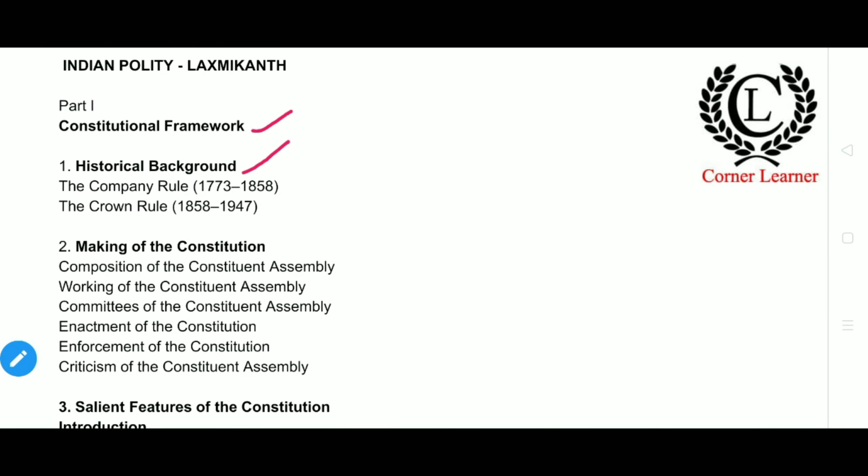Here is the historical background. In the historical background, we learn two things. First, the company rule from 1773 to 1858 and the crown rule from 1858 to 1947. So there are a lot of acts that we learn in this topic. Okay, those are the Regulating Act of